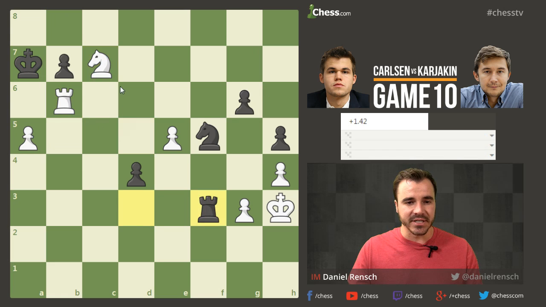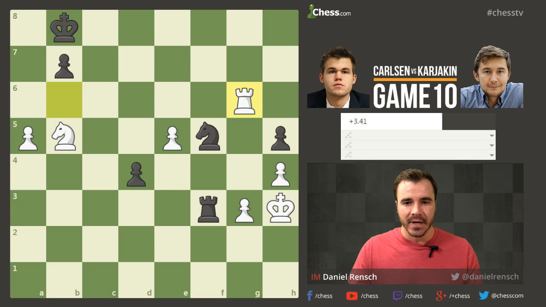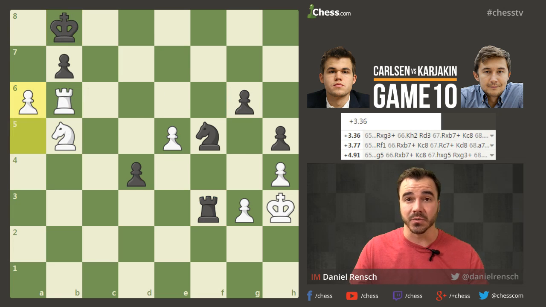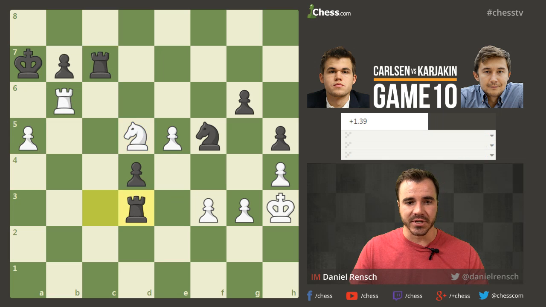So, for example, if rook takes f3, knight to b5 check, the king moves, and you take over here, and there's all kinds of checkmate threats coming. In fact, there's also this move a6, which is also pretty much just winning on the spot. So this is not something that black could have allowed, and because of that, after rook takes d3 and knight